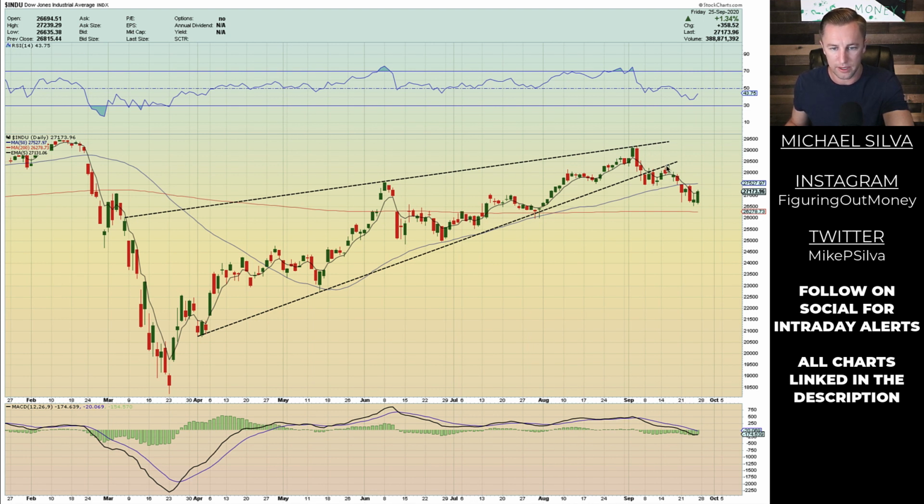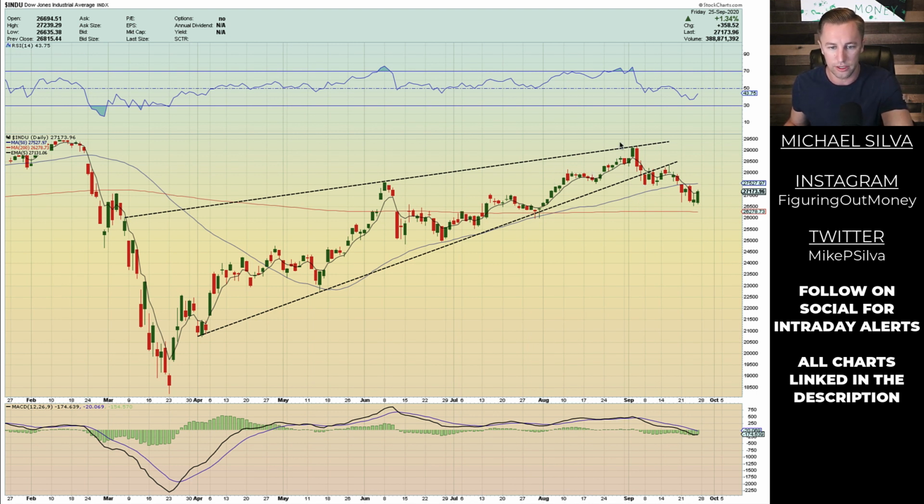But if you connect from up here to here, and then from here to there, we've seen a nice falling wedge, and falling wedges are bullish. However, the 50 period is still overhead, which is not a good sign, as it can act as an area of resistance. Even on the daily time frame right here, look at this.